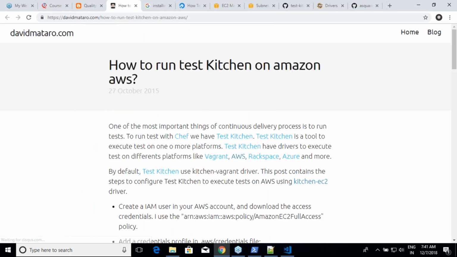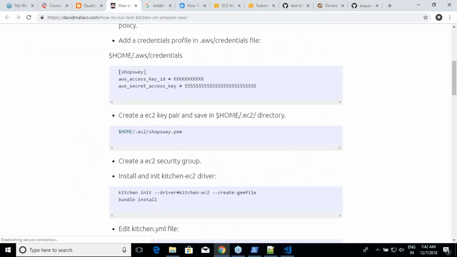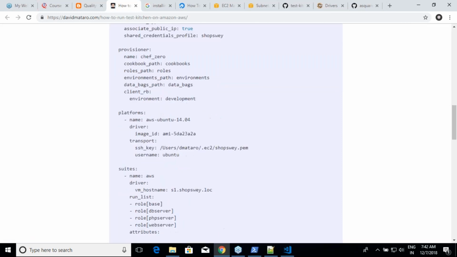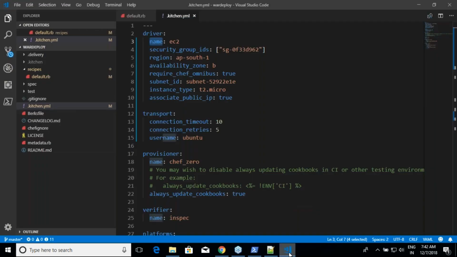For the people who ask how to run this, this is the documentation. You go to the blog. It is already written by someone here. He's also using Chef Zero. Let me not violate it. But you can use Chef Solo also there, so there are three different things you can use. Okay then, I'm good with this.